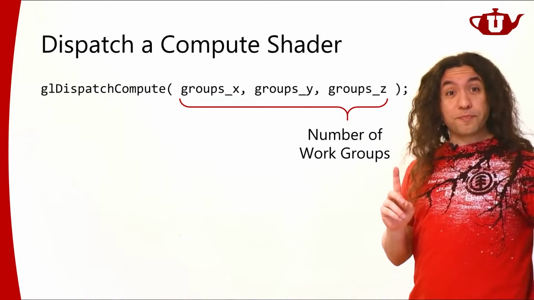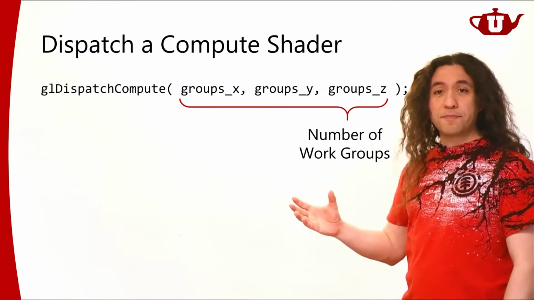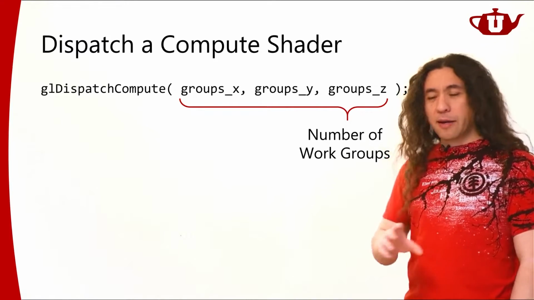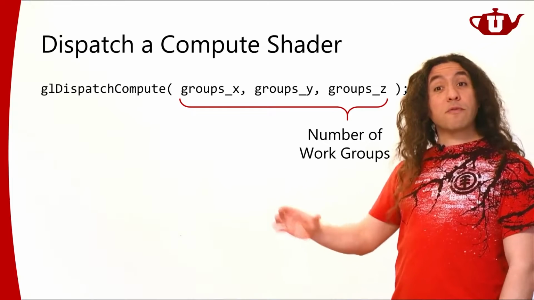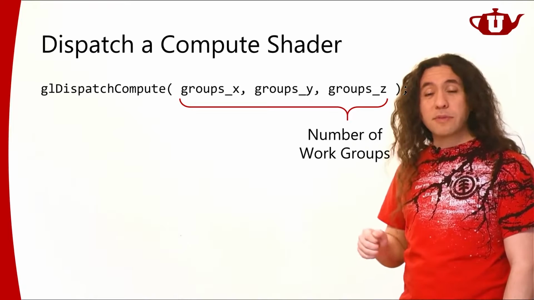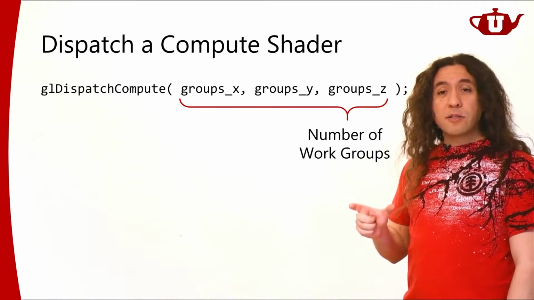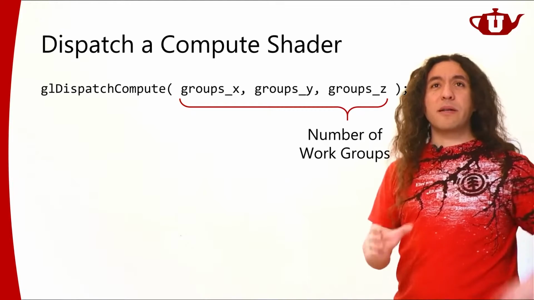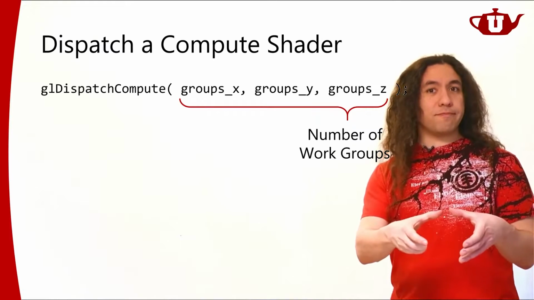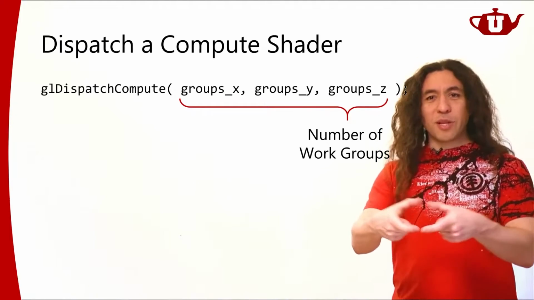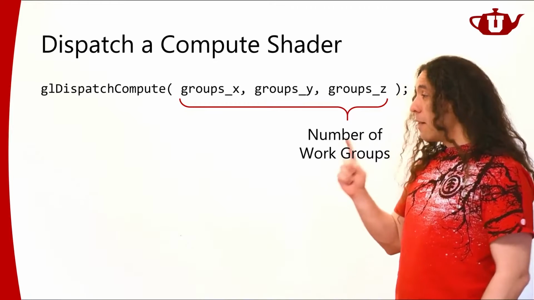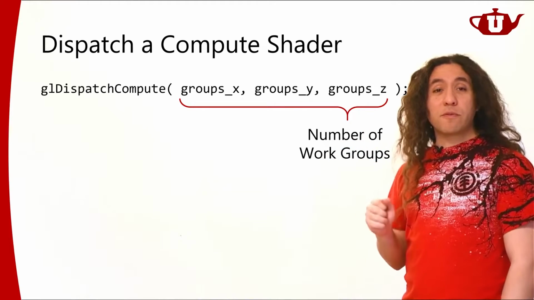We have groups. Now, groups of threads. So how many groups do you want to run? In each group, you're going to have a certain number of threads. We'll get there. And I want to have a certain number of groups. So groups will have their own local storage, and they will be able to access their own data more efficiently. So I want to have this concept of a group. You can think about a group as like a collection of threads running on the same warp. A warp is a collection of cores placed together, right? They have access to the same local resources. So I'm going to run everything in groups, and I need to specify the number of work groups.